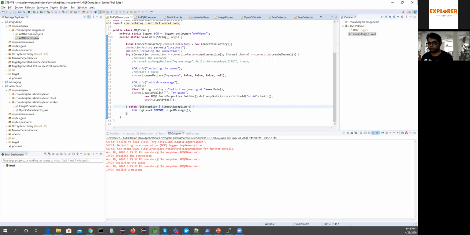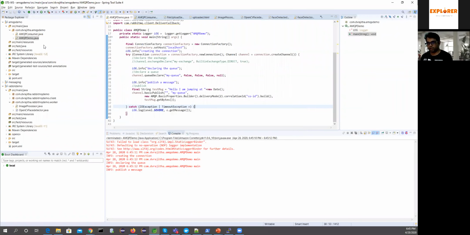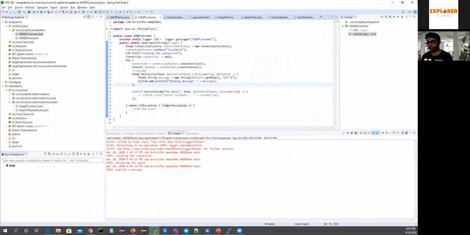Then a consumer. So we have now created a queue and sent messages. Now there are two messages in that queue. Let's see how to consume it. So it's again like we have the connection to localhost, create the connection and create the channel. Then here we are going to start consuming. So we are asking that we want to consume this queue.